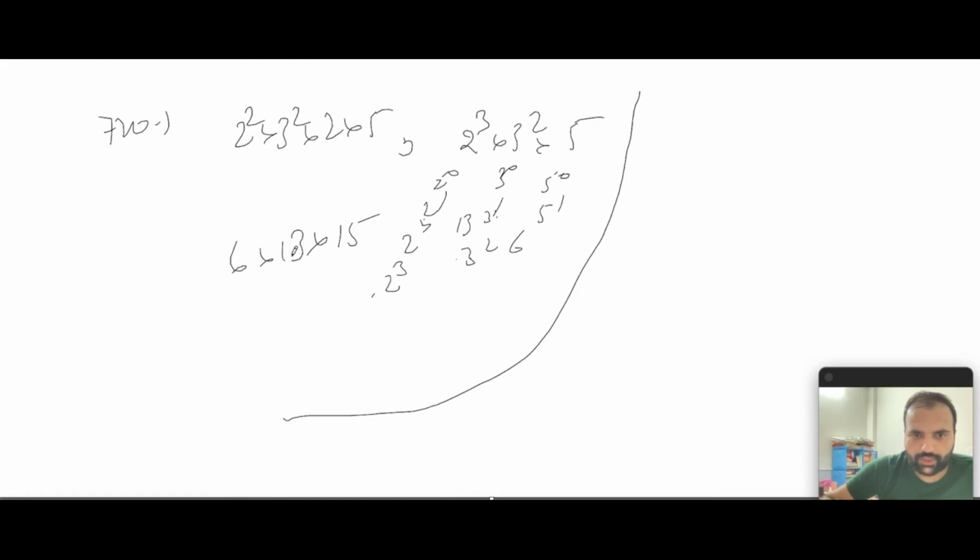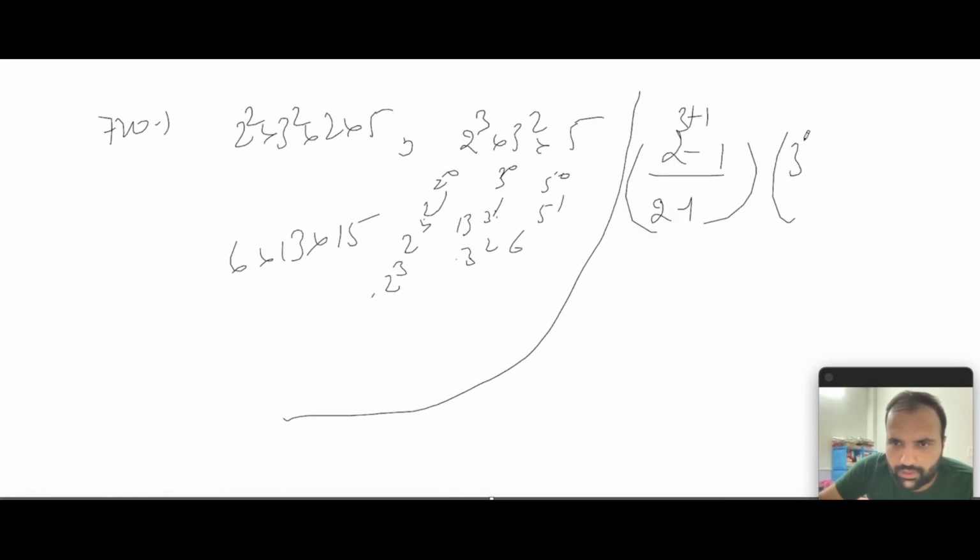So you have 15 into 13 into 6. Now let's check it with our formula. So for 2 you have 3 plus 1, sorry, minus 1, and 2 minus 1. For 3, 2 plus 1 minus 1 by 3 minus 1. For 5, 1 plus 1 minus 1 by 5 minus 1. So 8 minus 1 into, okay, no, sorry,